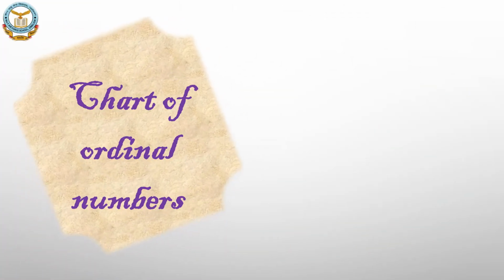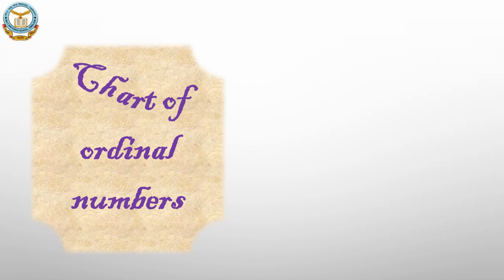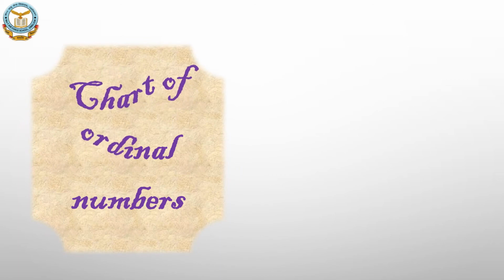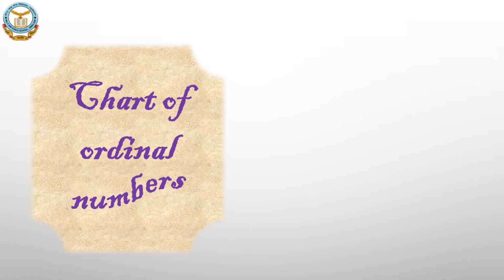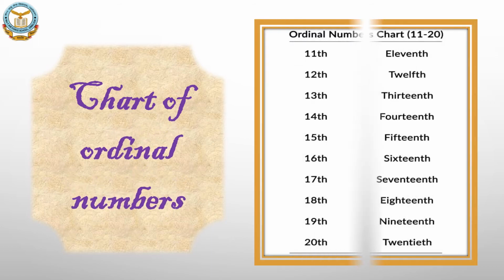Now, this is the chart representing ordinal numbers from 11 to 20, where most of the students made mistakes. So kindly focus on the spellings. 11th, E-L-E-V-E-N-T-H. 12th, T-W-E-L-F-T-H. 13th, T-H-I-R-T-E-E-N-T-H. 14th,